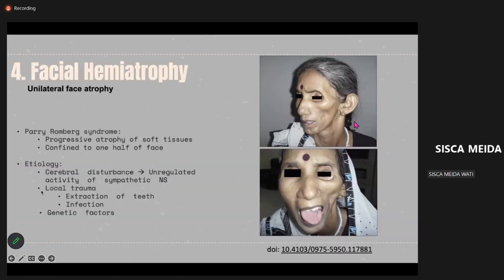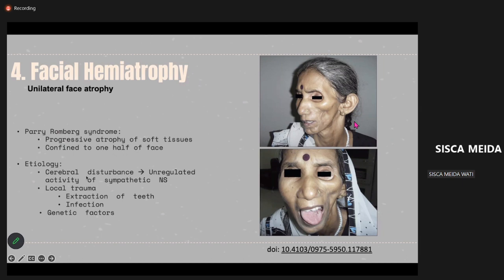The other type is facial hemiatrophy, when you can find a unilateral facial atrophy. Okay, facial atrophy. You mean in these conditions the cells shrink. The cells are smaller compared to the normal one. So that's why it's called facial hemiatrophy or unilateral facial atrophy. It has a strong relation with Parry-Romberg syndrome, where you can find progressive atrophy of the soft tissues, and it's confined to one half